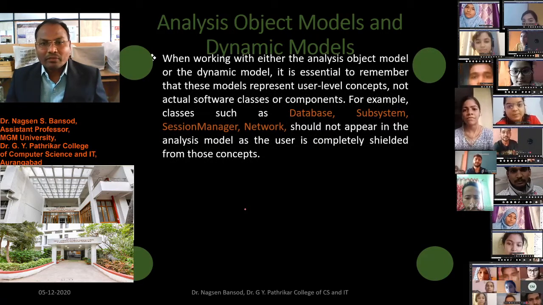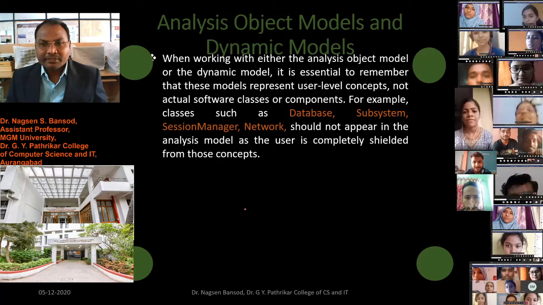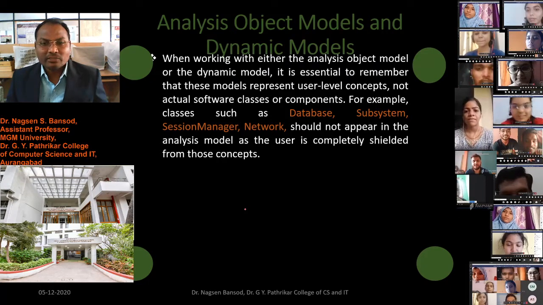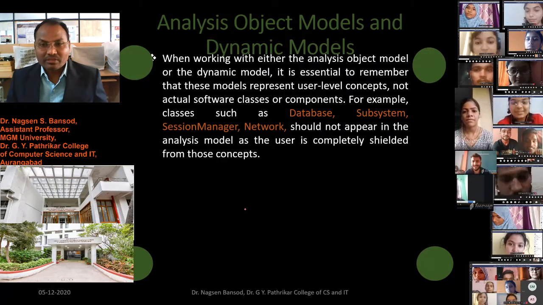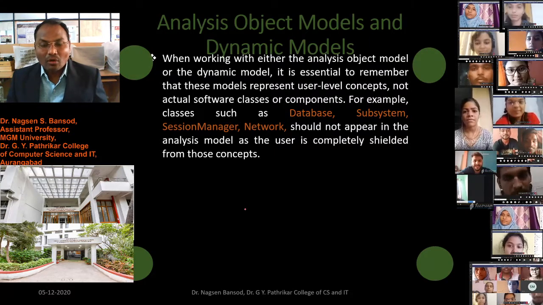When working with either the analysis object model or the dynamic model, it is essential to remember that these models represent user-level concepts, not actual software classes or components.